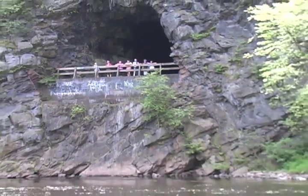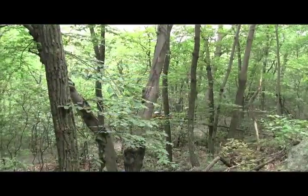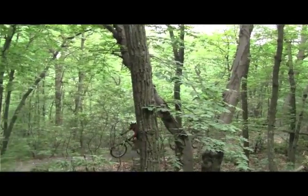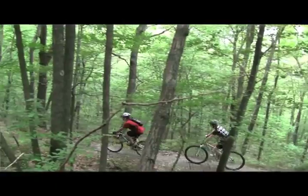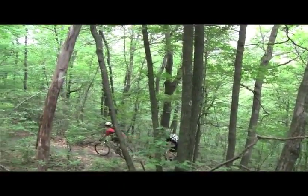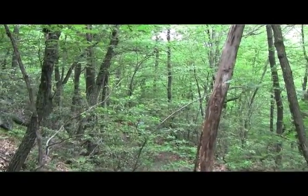For people who are a little more into mountain biking, Jim Thorpe also has some great intermediate trails. The Switchback Trail is another historic railroad grade that comes down from the old village of Summit Hill, where they initially found coal in the 1790s. Well, it doesn't bring coal down to Jim Thorpe anymore, but it brings riders down, and it's a little more